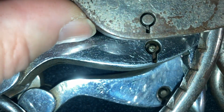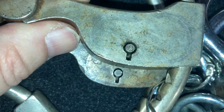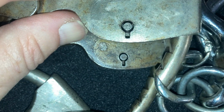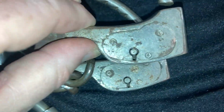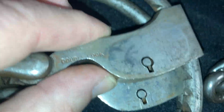And the lengths of the bit are sometimes different. And again, some of this is because of the different models, some of it is because of accidents over the years, and some of it is from wear and tear. But the point that I'm trying to make is that it can be a nightmare, and sometimes you'll need two different keys for the same pair of cuffs. So just be patient and never force it, of course, because it can...